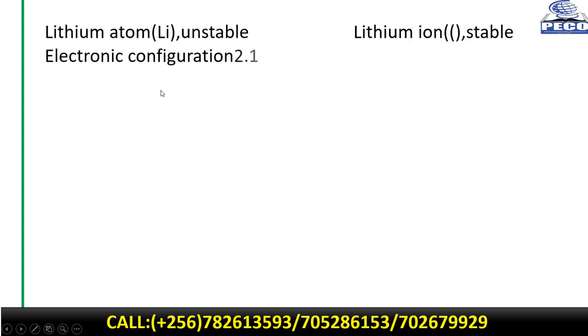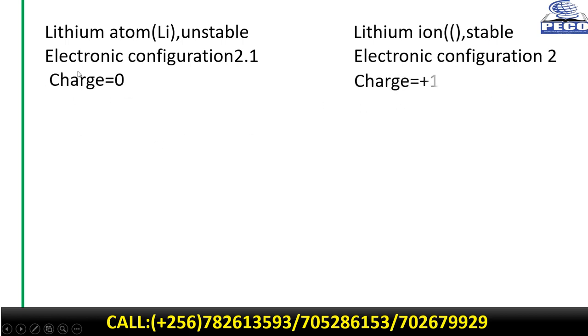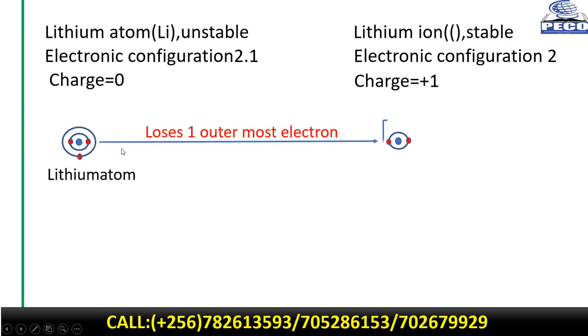Again, if we are to illustrate, we have the lithium atom, which is unstable, with electronic configuration of 2, 1, and the lithium ion, which is stable, with electronic configuration of 2. The atom has a charge of 0. It hasn't yet lost an electron. So if we are to illustrate, we have our nucleus there, 1 energy level with 2 electrons, then the second energy level with 1 electron. So it has to lose this 1 electron here, giving us this stable configuration with a charge